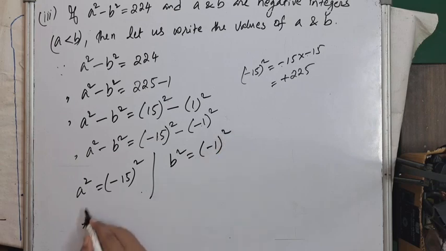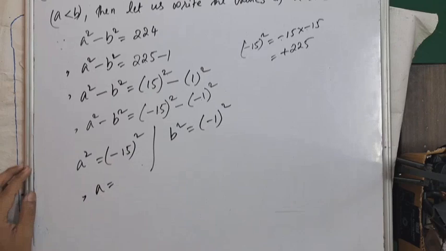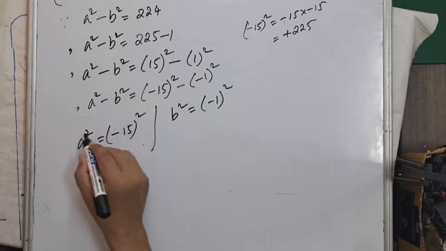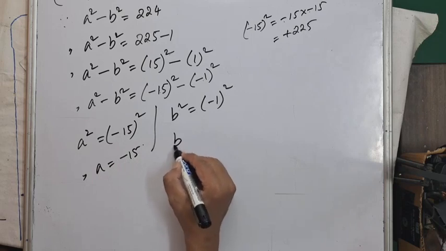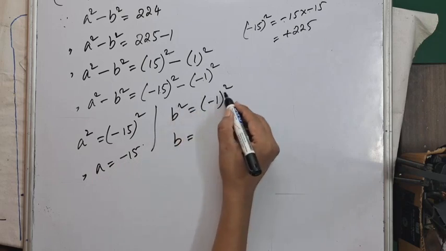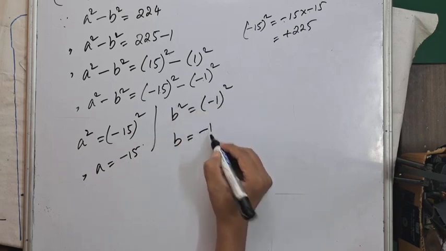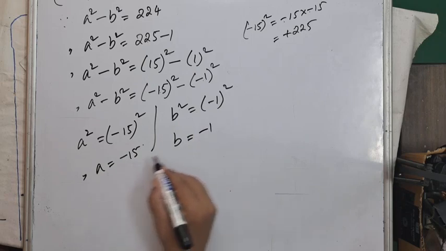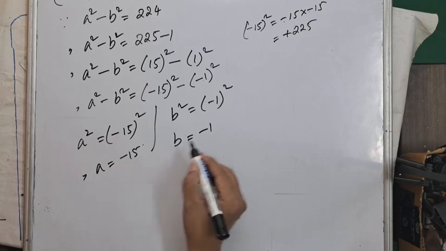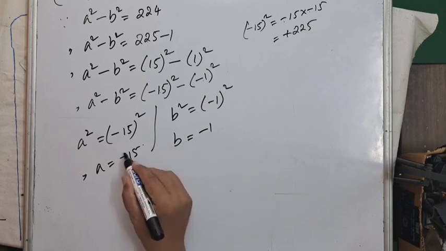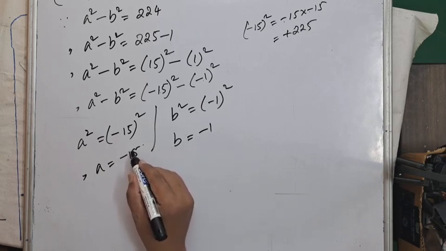square, we leave square from both the sides. So a equals minus 15 and b equals minus 1. Now among this a and b, which one is greater? Obviously a is smaller than b, because when we put the negative sign, the greater the number, the lesser will be